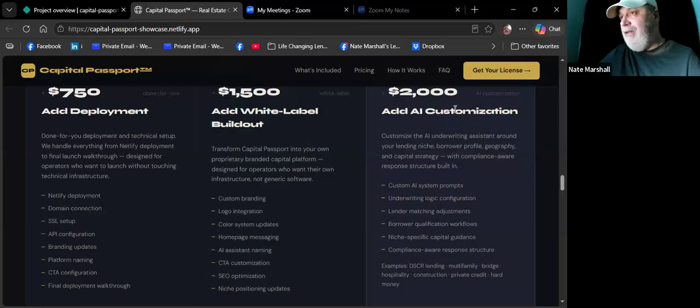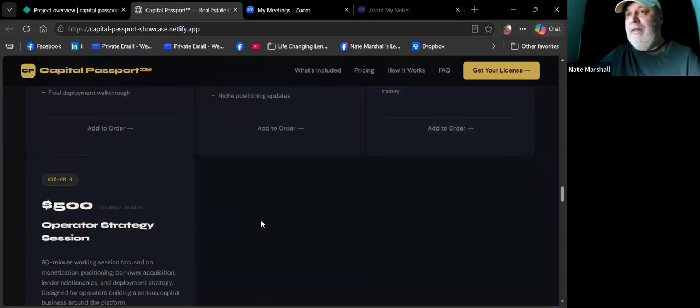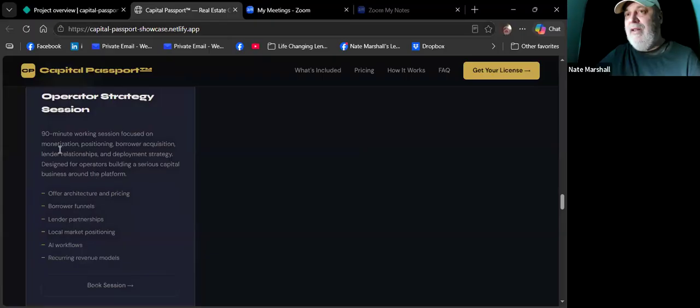Here's your AI customization. You can change the prompts and the underwriting configuration on the logic. So if you want to go to like 80%, which you don't want to do anyway, but if you happen to, you can change that. Niche specific. Also down there, get the operator strategy session, a 90-minute working session on offer architecture and pricing, how to set up